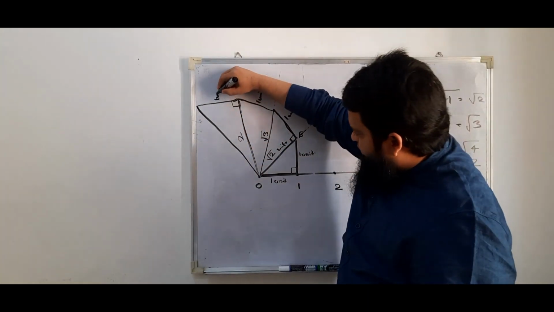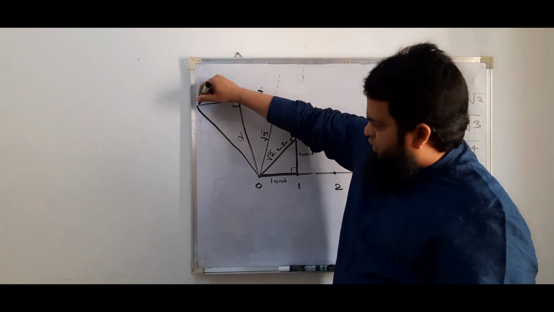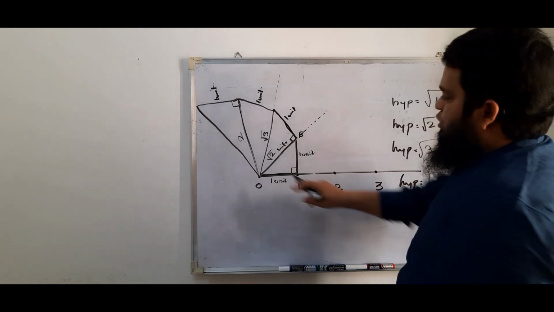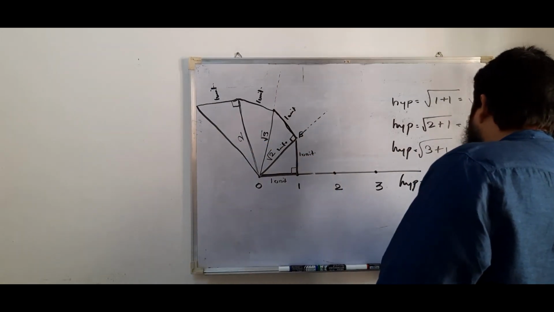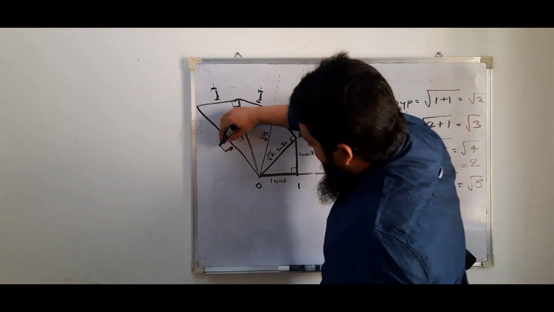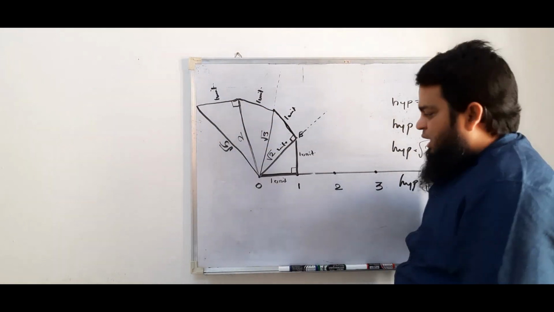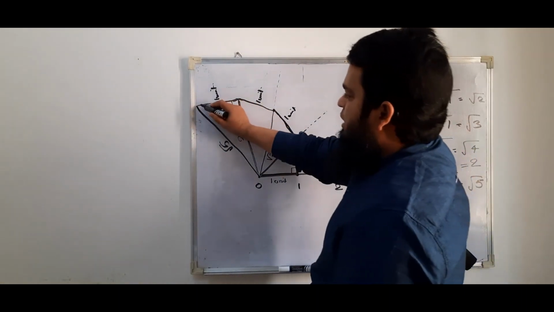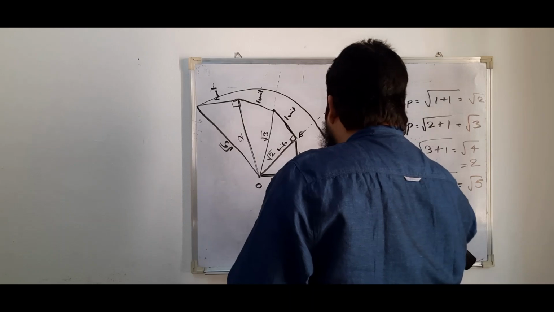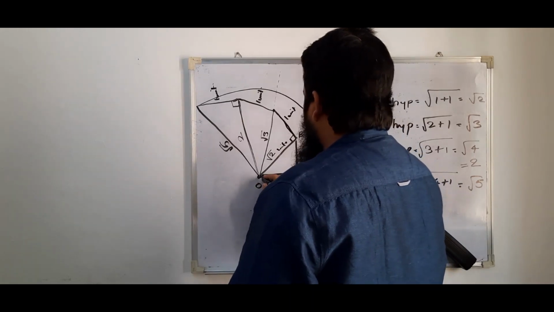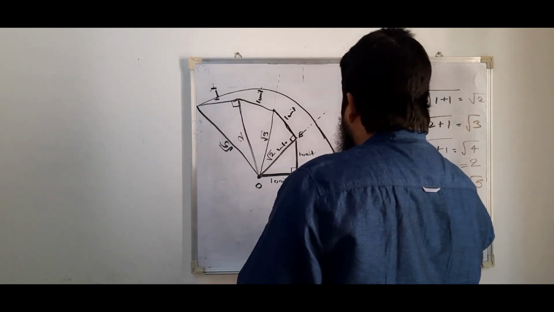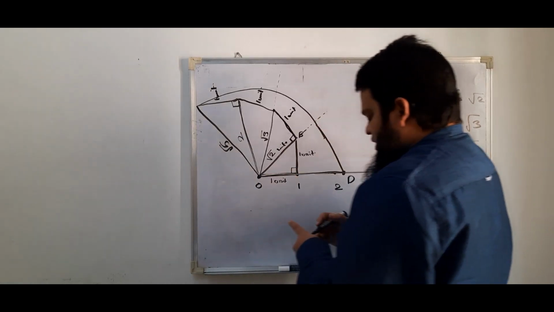Okay, this is 1 unit. And what is this hypotenuse? This hypotenuse is nothing but square root of, what is 2 square? 4. 4 plus 1, that equals square root of 5. So finally you got square root of 5. Now take the compass from here and try to drag it on, try to represent it on the number line. It comes somewhere here. So the distance between, you can take it as O and you can take it as D. So this represents root 5.